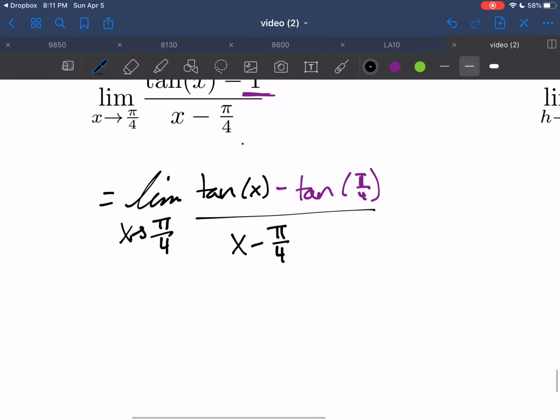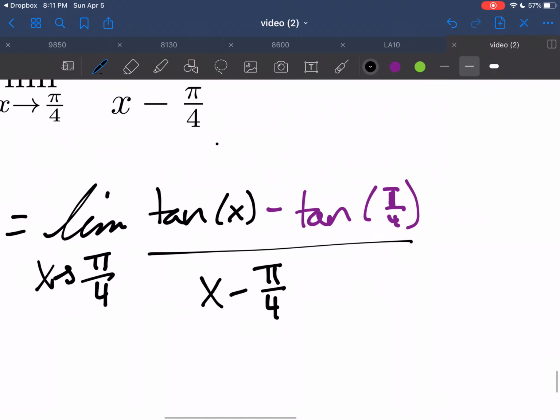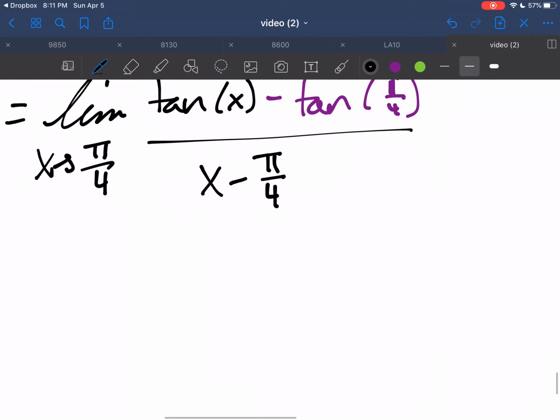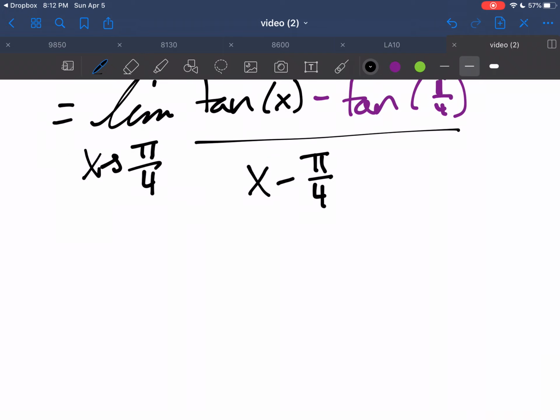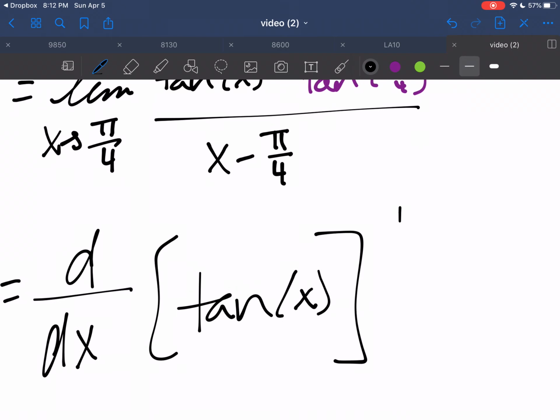Okay, and so what we've done is we've put this in the form of our limit definition of our derivative. So we know that this is equal to the derivative with respect to x of tan x evaluated at x equals pi over 4,